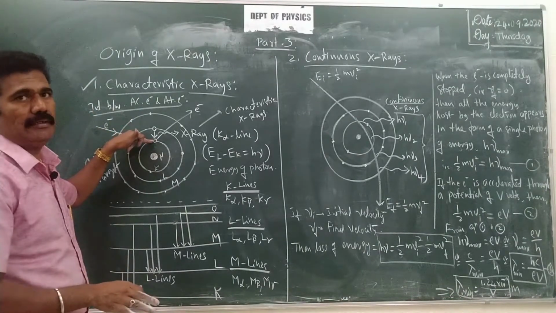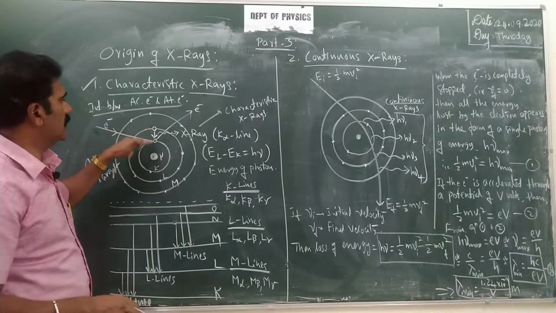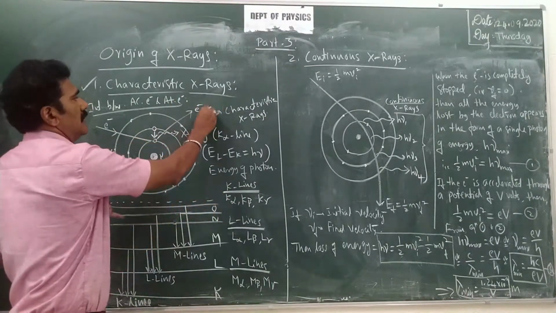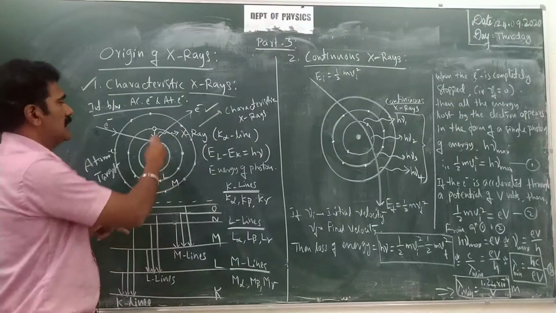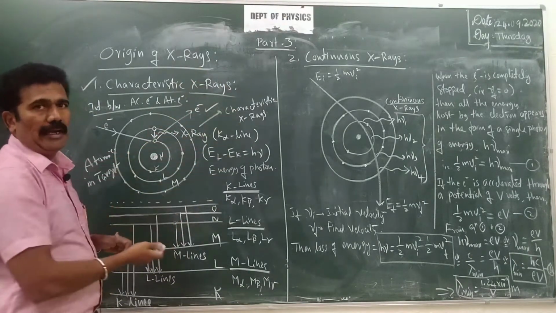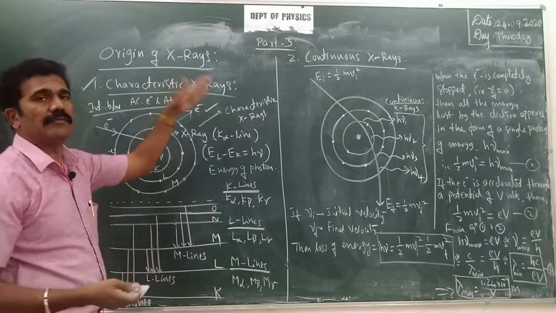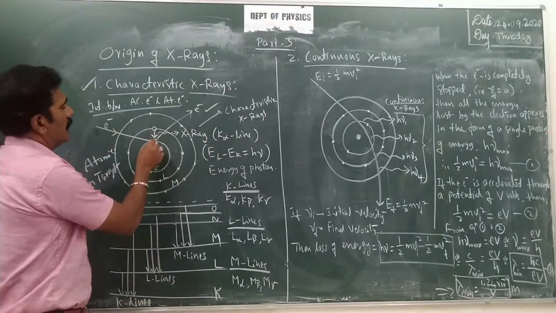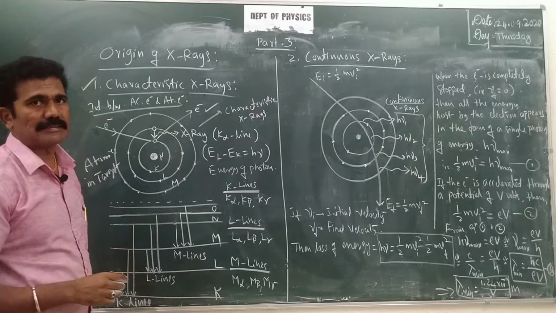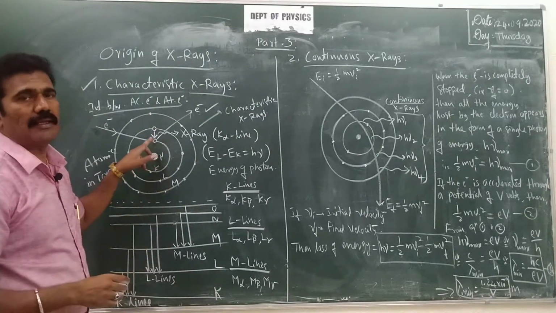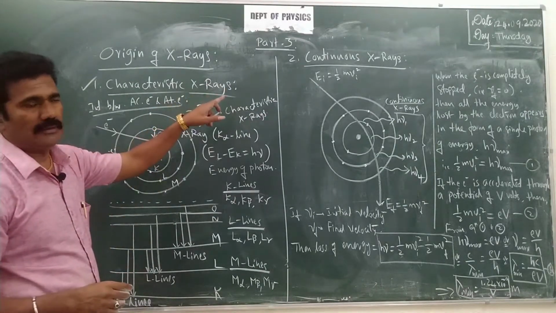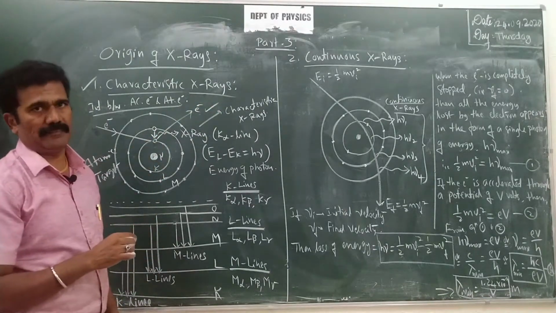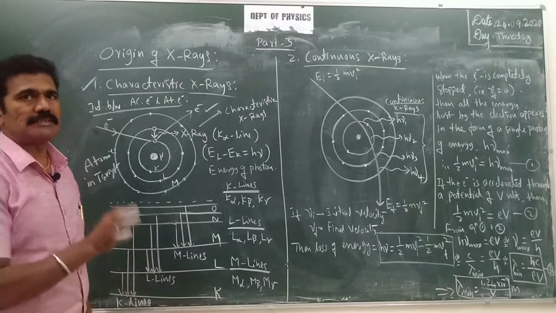The transfer is such that the electron present in the orbit is knocked out of this orbit, like this. Almost it is removed from the atom. Knocked off means it is eliminated from the particular orbit. So here a vacancy is created in the particular orbit where the electron is knocked off. So that vacancy must be filled immediately. How is it possible? That is the mechanism here.